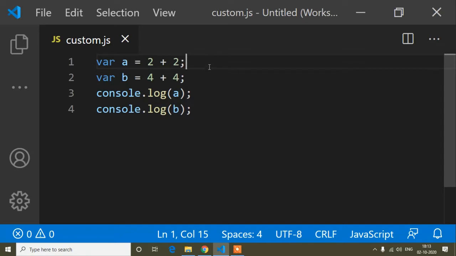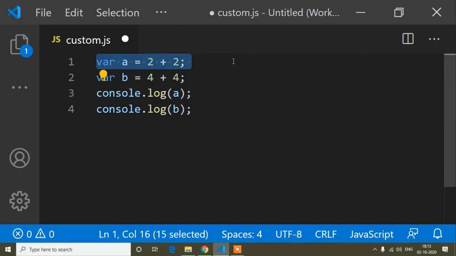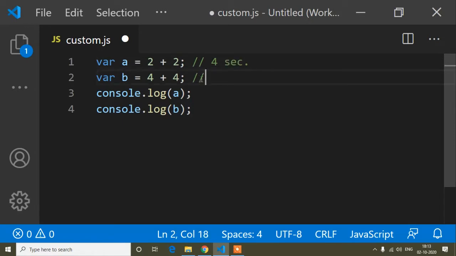So guys, what does promise do? Suppose one line is taking 4 seconds to execute, so I'm commenting here that it's taking 4 seconds, and this line takes 2 seconds. A synchronous program, even if this line takes more time, you can see it's taking 2 seconds and this one 4 seconds, will first execute this one, after that it will execute this one.